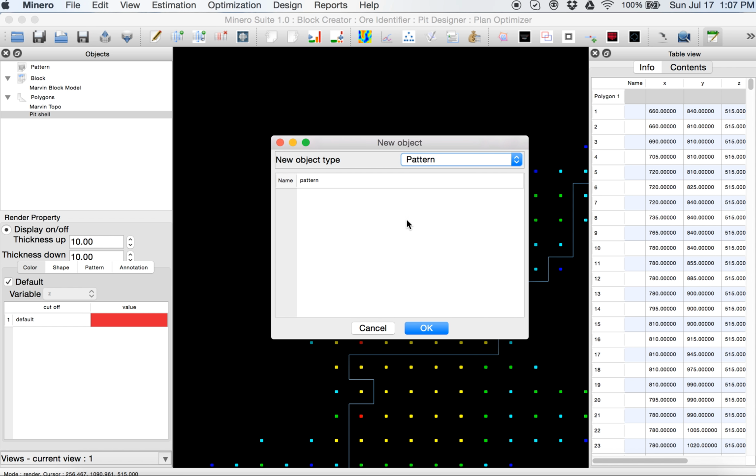Create a new object. This polygon object I'll call pit design.